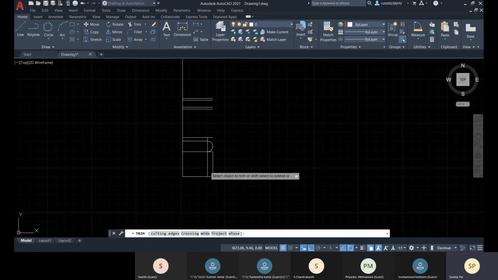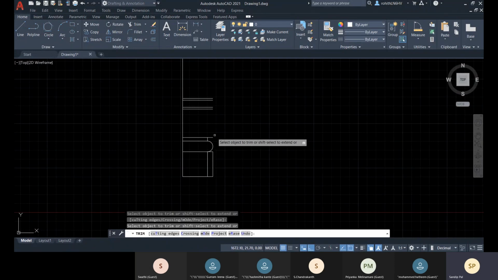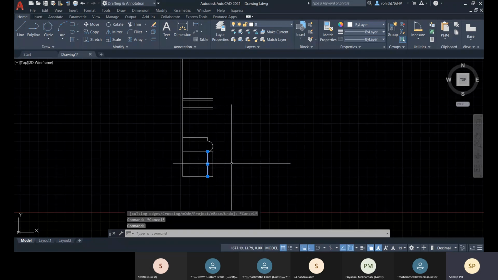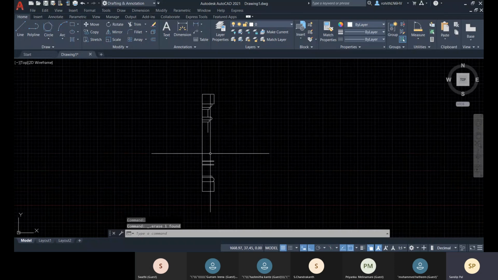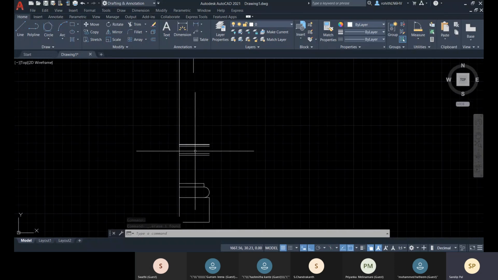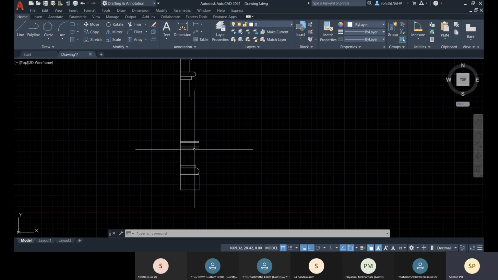Okay, let's go for the trim. Let's finish the task up to this point, and here I will delete this line. Okay, now about these things. So you see that we have here 7.5.